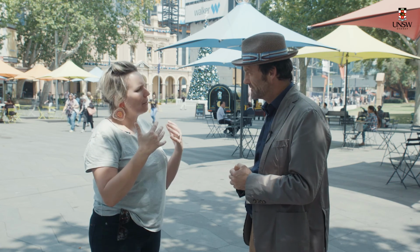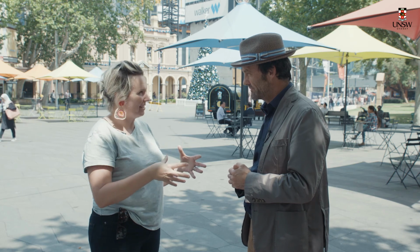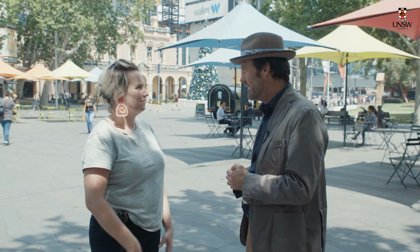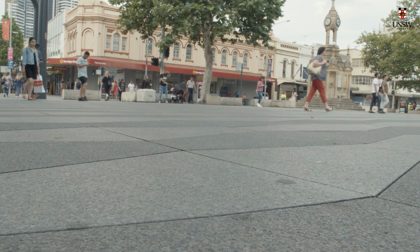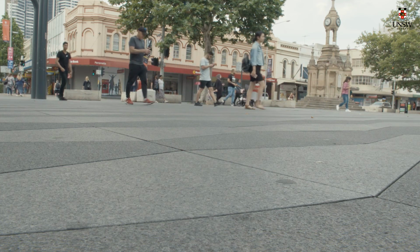Before we finish up, I know that we've got the old clock tower, or the little clock tower, and I was interested in how as a landscape architect you deal with those significant pieces of heritage. Well, firstly it's obviously important to retain them and to work with them, but I think